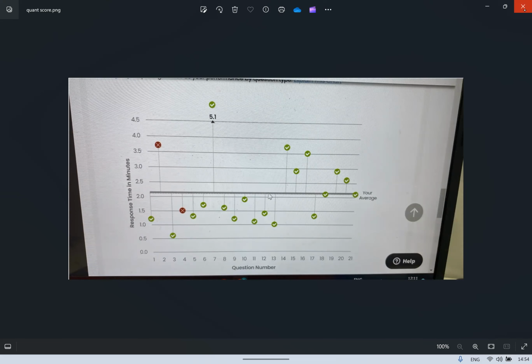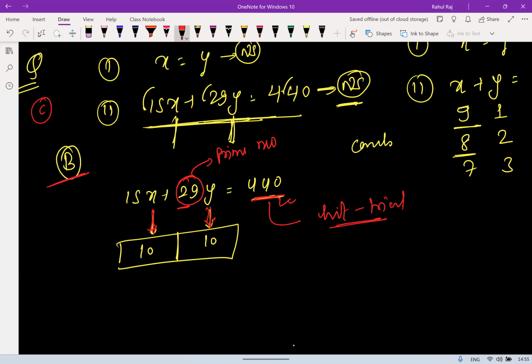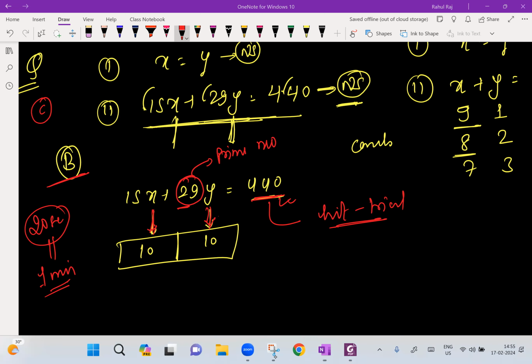So in GMAT, if you do easy questions wrong, the penalty is huge. If you have got 2 questions wrong, your percentile is 81 out of 100. Just imagine. It's not a good thing. So GMAT penalizes you very heavily if you do easy questions wrong. So if in the exam you have got the answer in 20 seconds, your job is to wait till 1 minute, review your answer, and only then go ahead with the next question. Do not simply go ahead with the next question,